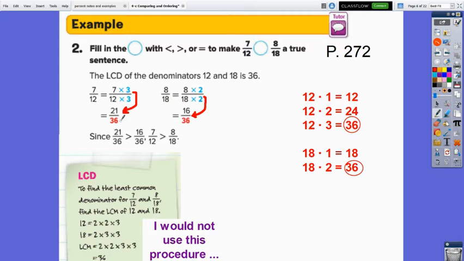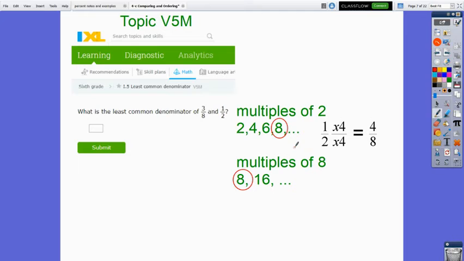And now I have 21/36 and 16/36. The pieces are the same size, so the one with more pieces is bigger. 21/36 is bigger than 16/36. Okay. All right, so what's the challenge of these? Well, some people have trouble with the least common denominator. So I will post an